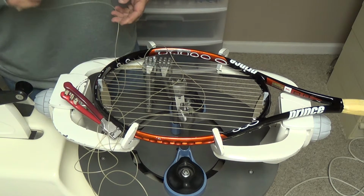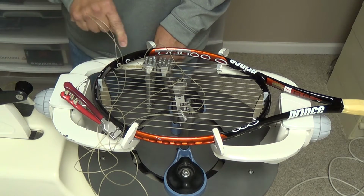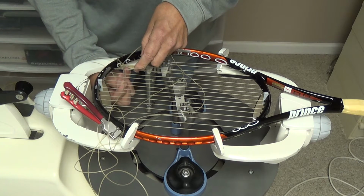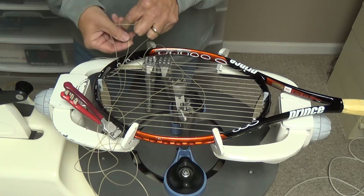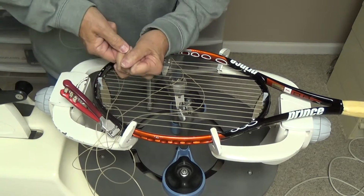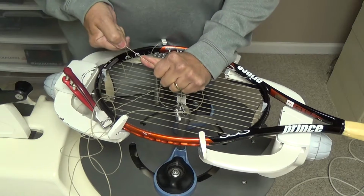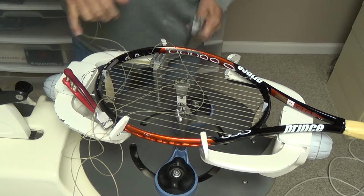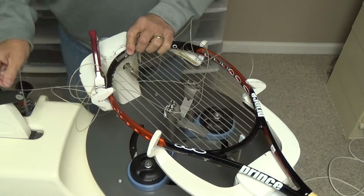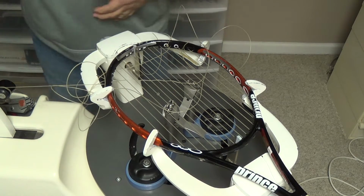Now I'm going to tie another half hitch, and when I go down, that'll give me a big loop, and I've also got that small loop that I just created. I'm going to come up through that small loop and the big loop. Then I'm going to pull the small loop out, then I'm going to pull the big loop out. Then I can take off both my clamps. I can retension this outside main over here, remove my starting clamp,